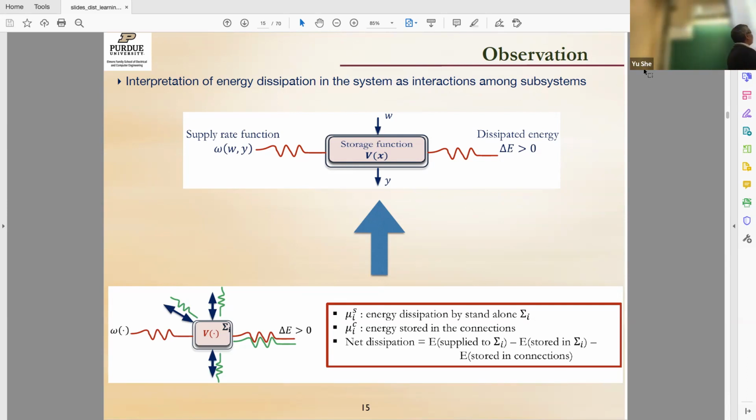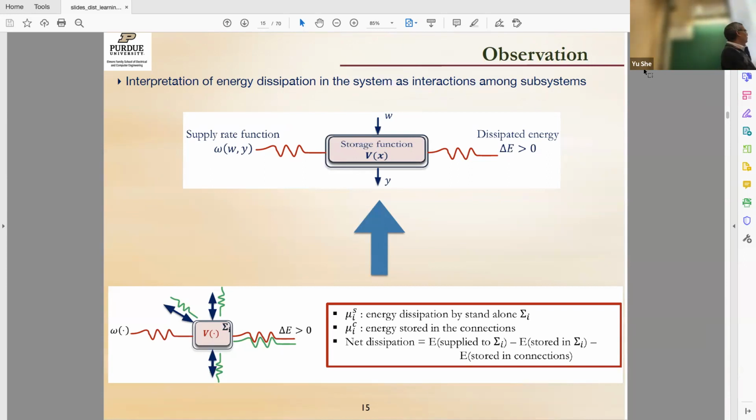Here, I can kind of argue the same thing. The system will be stable if every subsystem is dissipating energy, except that the energy that is being stored need not be stored only in the system itself, but can also be stored in the interconnections. When two systems are dynamically coupled, think about masses and springs, the spring can also store energy. So as long as I can keep track of that, I will be able to use local conditions on how much energy is being dissipated by this subsystem. Just keep track of all the subsystems locally, only in my own dynamics and my own couplings, and I'll still be safe.